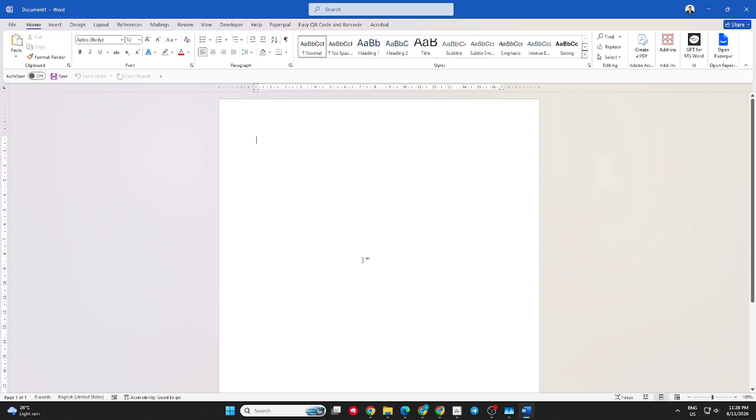And that's how you can disable the Microsoft Word default startup screen and have Word open directly into a blank